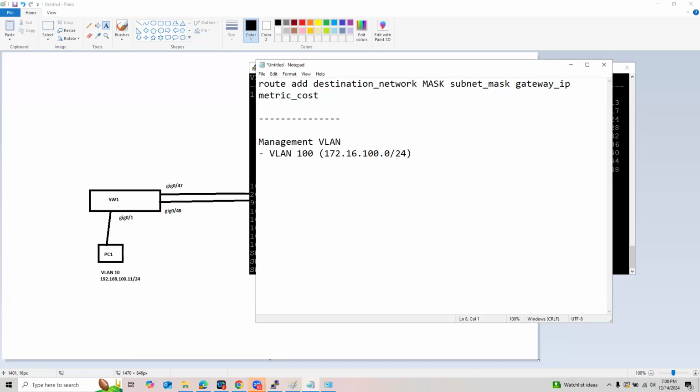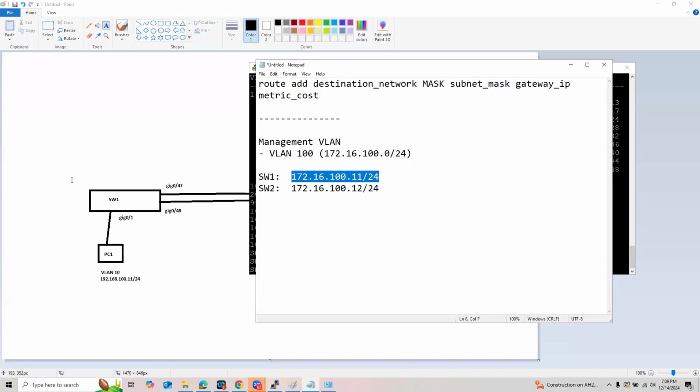And we're going to assign to our switch one the IP address 172.16.100.11, so /24. And then let us say switch 2 would be 12. Okay, so this is what we're going to assign to them.